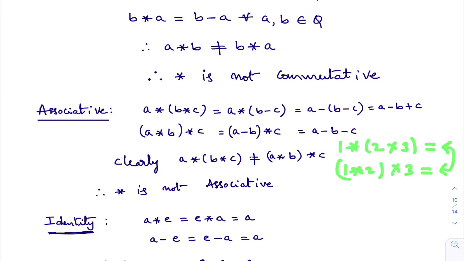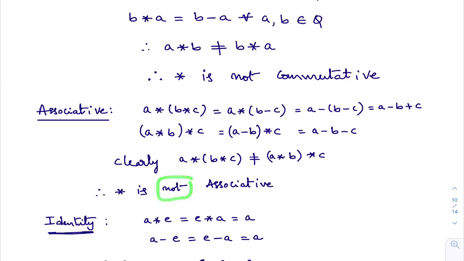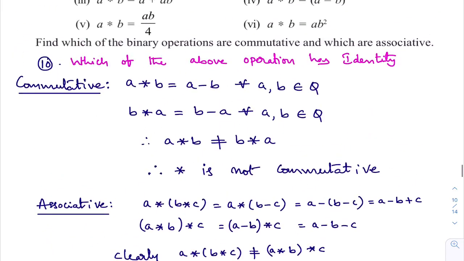So, when it is not associative, you can show this with the help of a counterexample. When it is associative, then you cannot give a counterexample. You need to follow the general method. In the 6th problem also, I discussed the same point again and again. Okay, now I checked for this first bit whether it is commutative or associative.